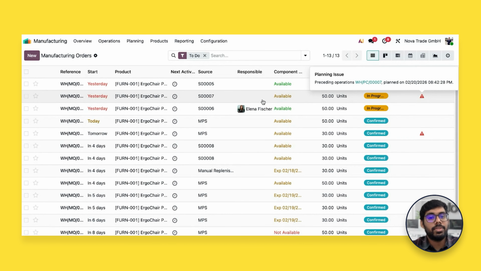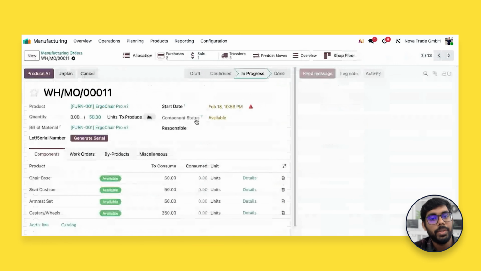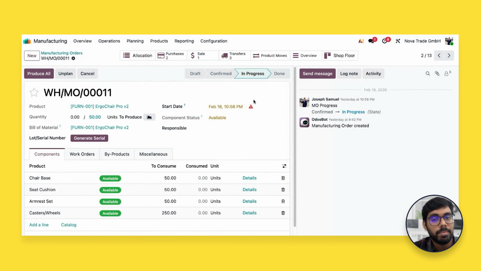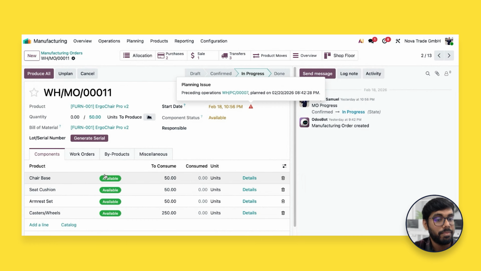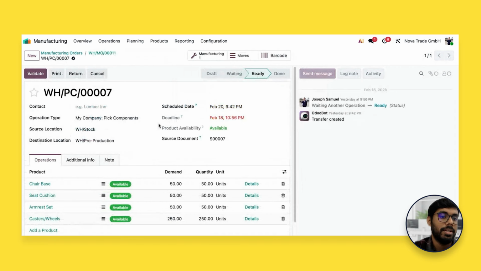Okay, so in our manufacturing workflow, we have a preceding operation that is pending, which means these items are available. However, they have not been brought to the manufacturing shop floor yet. So the items are picked from our stock and they need to reach pre-production in order for the shop floor